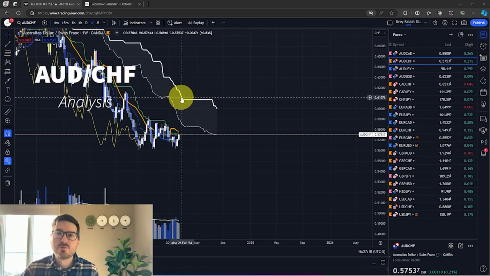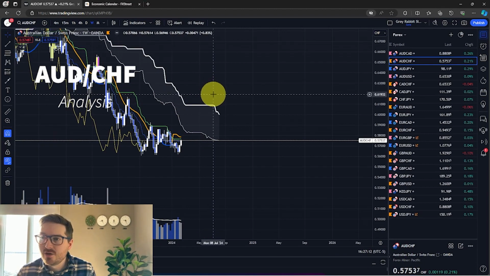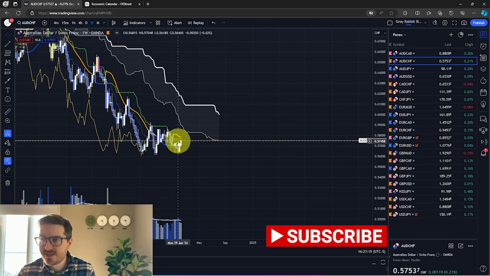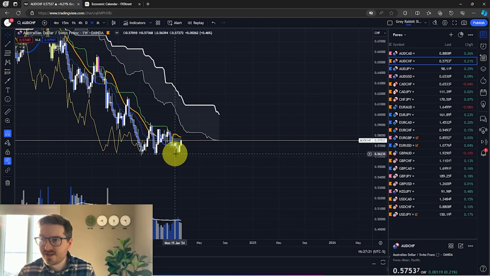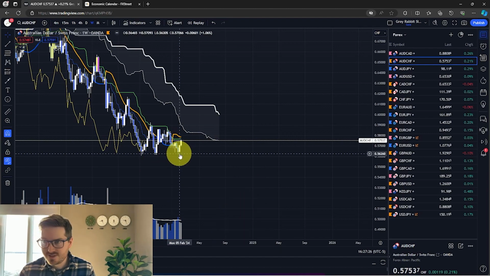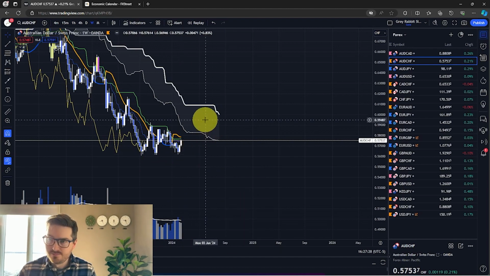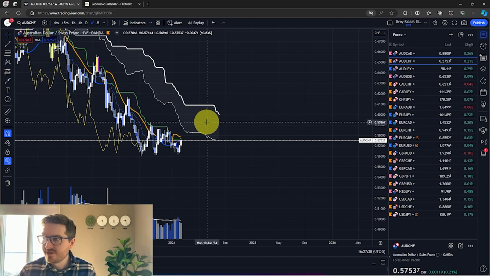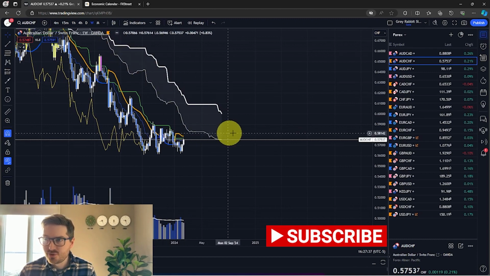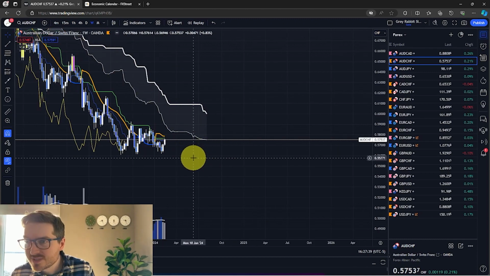Okay guys, AUD Swiss franc on the weekly chart. Now, overall on the weekly chart, this is bearish, but right now we're stuck in this range here. It's been consolidating. You can see we've found a lot of support here around the 0.56260 level. And we have the resistance up here at the 0.59267. So overall on the weekly, guys, this is a bearish Kumo cloud, but it looks like, let me zoom